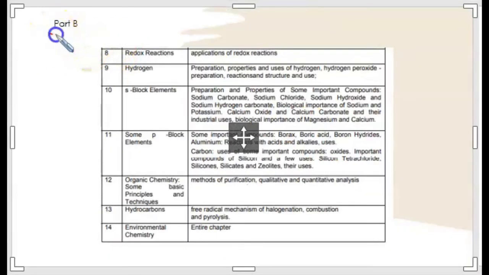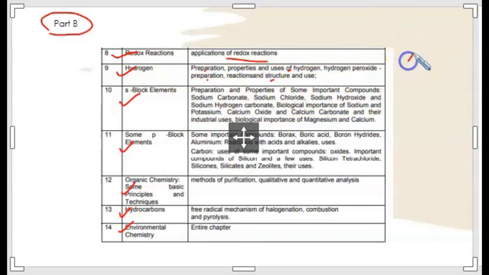Talking about part B of the textbook: redox reaction, hydrogen, s-block element, p-block element, organic chemistry, hydrocarbon and environmental chemistry. In redox reaction, the application of redox reaction got reduced. In hydrogen, its preparation, properties, and hydrogen peroxide preparation, reaction, structure and use are reduced. And from the s-block element, preparation and properties of some important compounds like sodium carbonate,